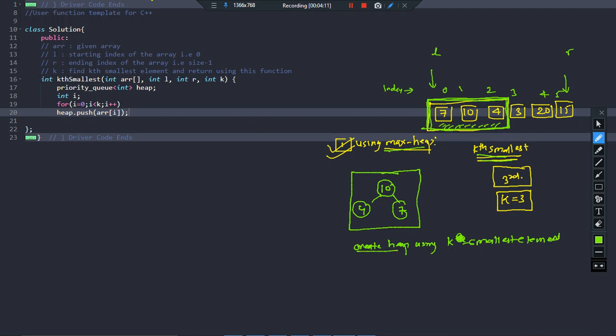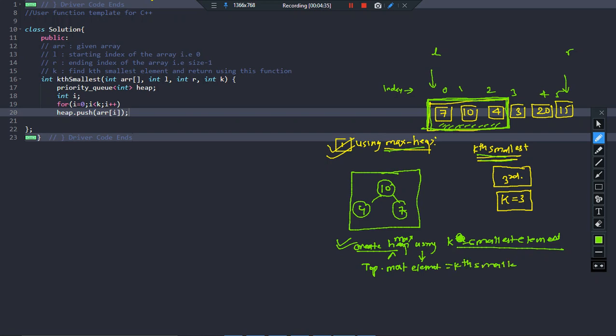If you can create a max heap using the k smallest elements, suppose k is 3, so by using the 3 smallest elements of the array, then the topmost element will definitely be the kth smallest element, right? The topmost element of the heap created here is equal to the kth smallest element, right?